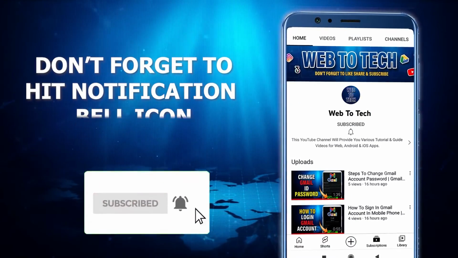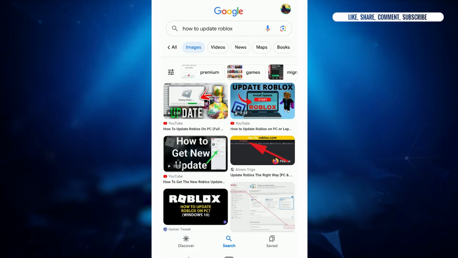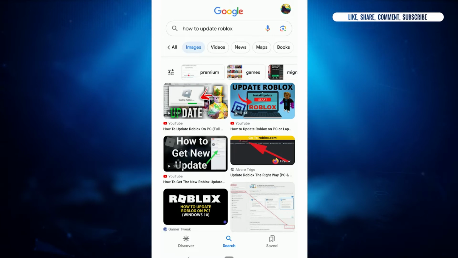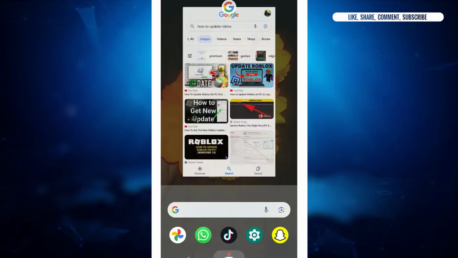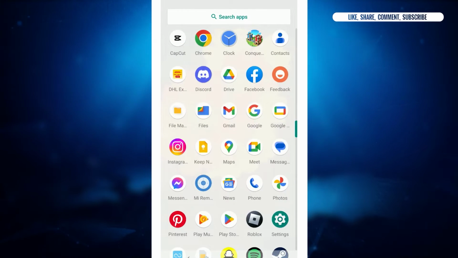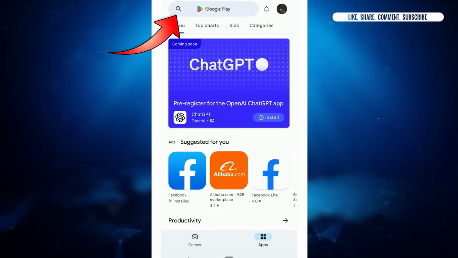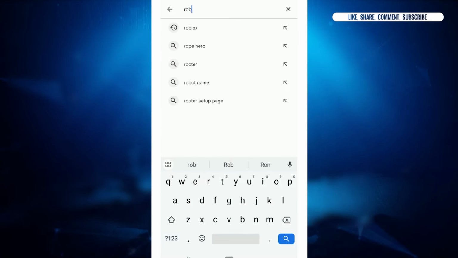Today for this video of WebToTech, I will be showing you how to update the Roblox application. Now to do that, you need to open the Google Play Store on your Android device. If you are using an Apple device, you need to go to the App Store. So open the Play Store on your phone, and there on the search bar you type in Roblox and